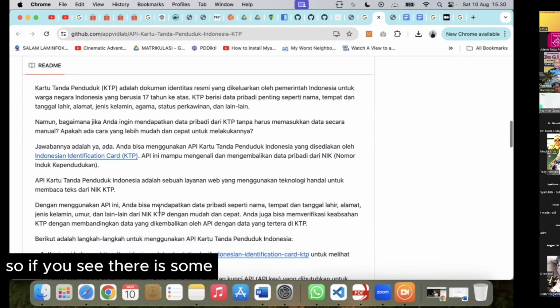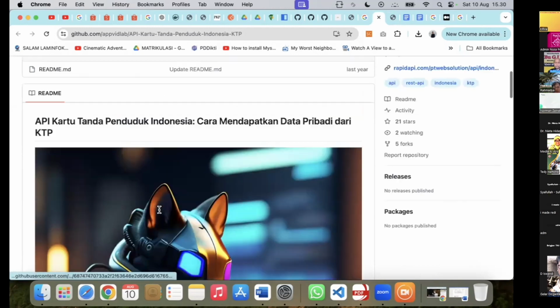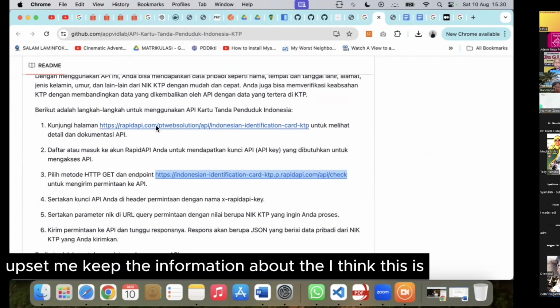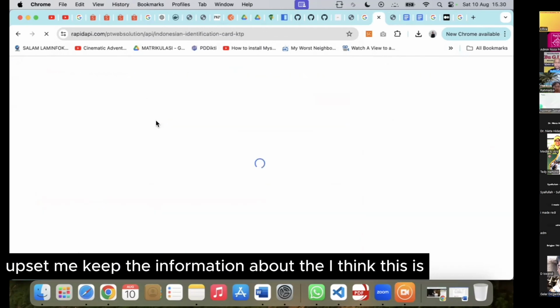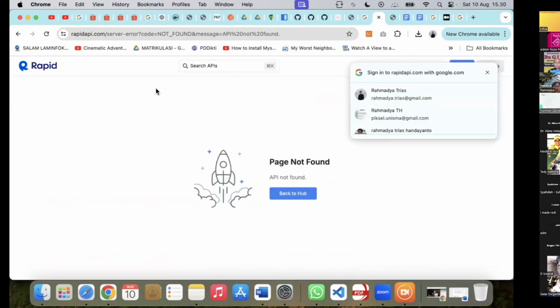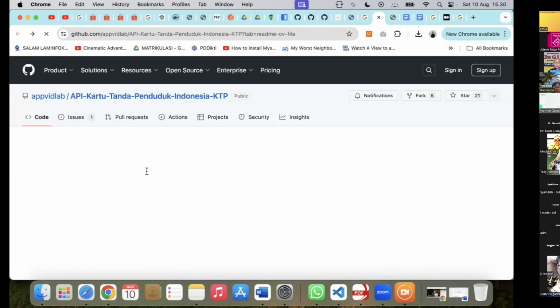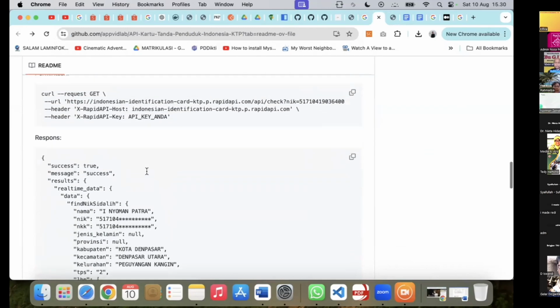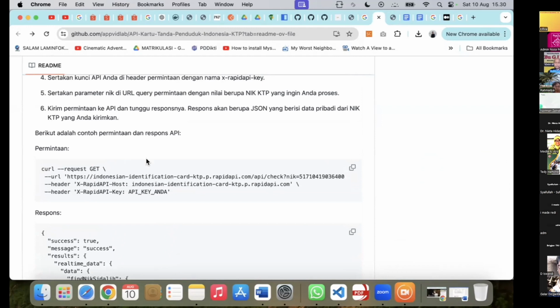If you see some website giving information about the key, I think this should be analyzed by PSSN.